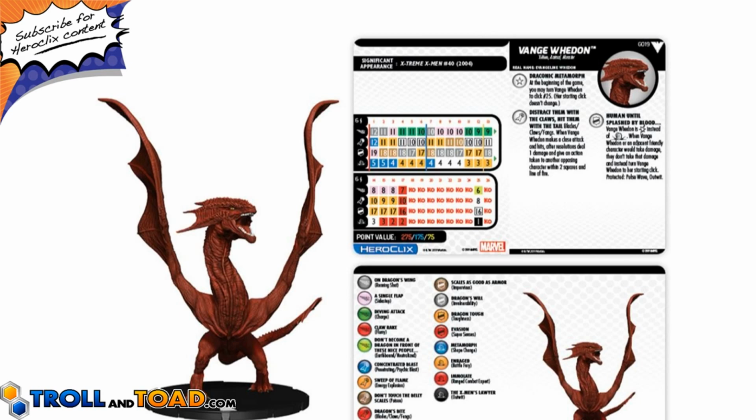Even if you don't play Heroclix, I think this would be a really cool, just looking at the digital sculpt, a really cool thing for like D&D or something like that, just to have for like a visual representation, would be awesome. Anyway, this figure has a trait, special on its attack, and a special on its defense. Its trait is called